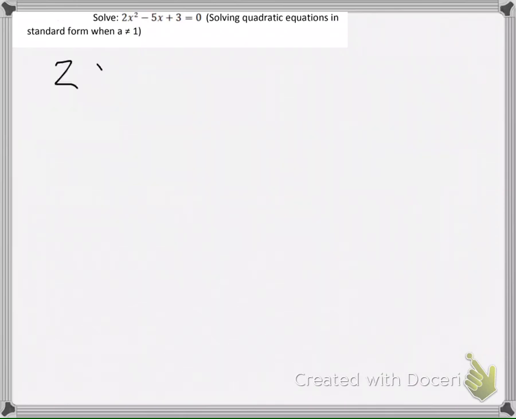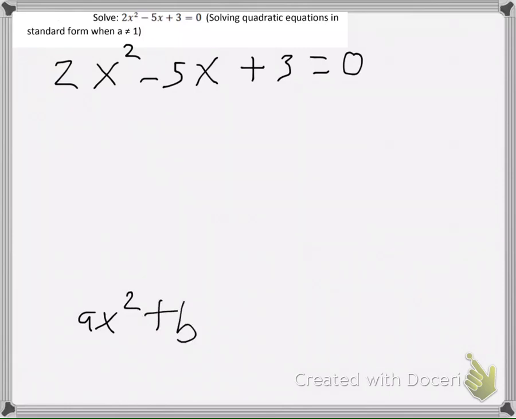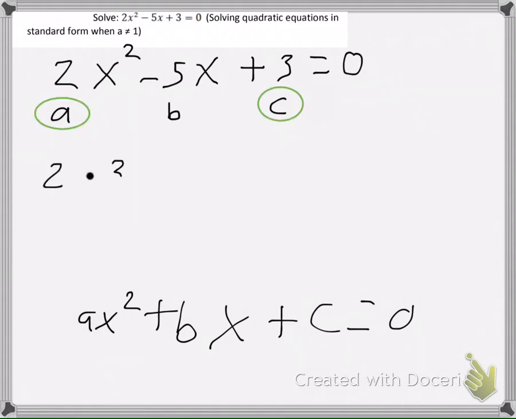So to begin with, I'm going to write out my quadratic equation, and I want to compare this quadratic equation to the standard quadratic equation down here, and then figure out what a, b, and c are. In order to factor the quadratic equation that we have over here, I want to use something called the AC method. The AC method gets its name because basically what we do to start off is we multiply the A, in this case 2, and the C, in this case 3, together. So that gives us